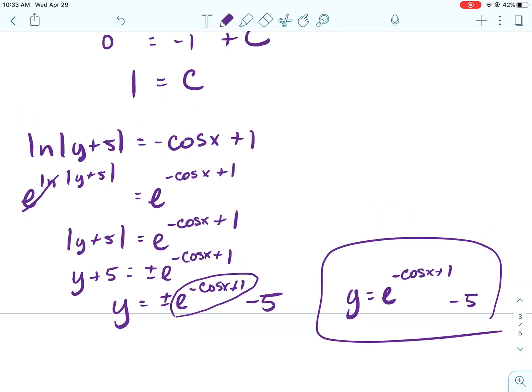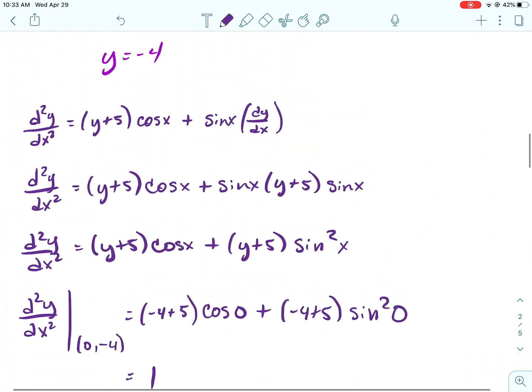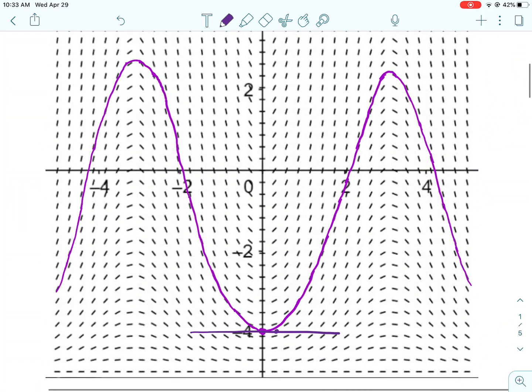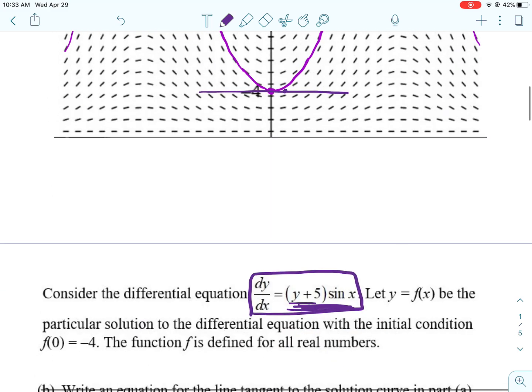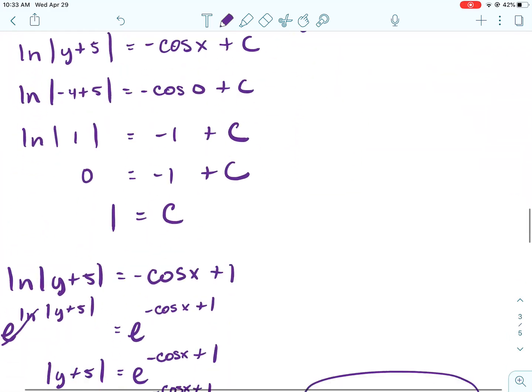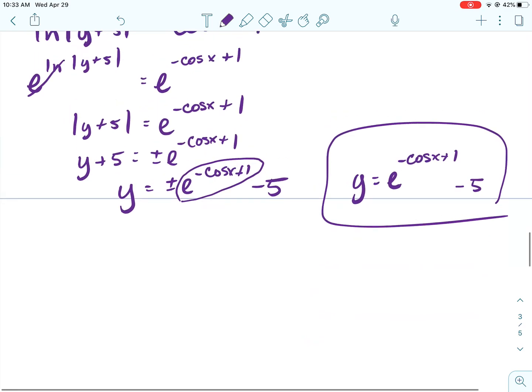So the final answer is the positive. All right. And you are probably going to be a little short on time, but take the time to type this in your graphing calculator and then see if your graph looks anything like what you